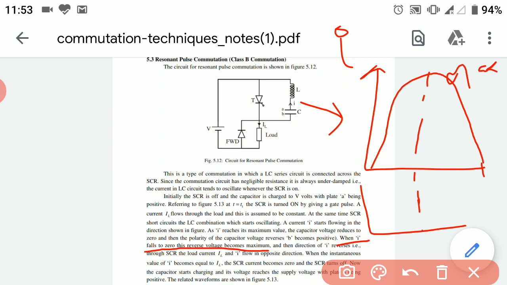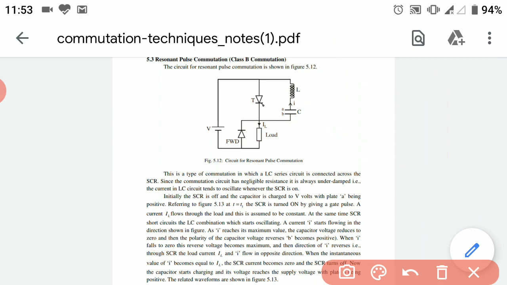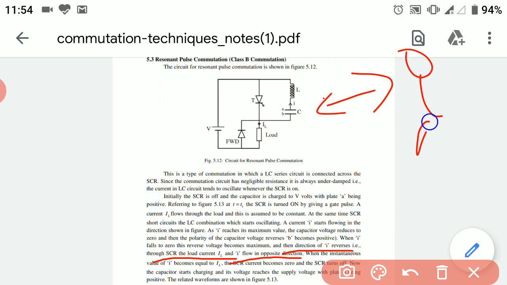At this maximum value of current, the direction of I reverses through the load, and the current IL and I flow in the opposite direction. That is, after attaining the maximum value I max,